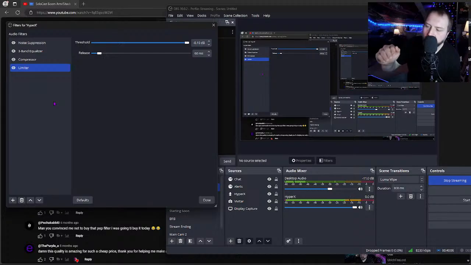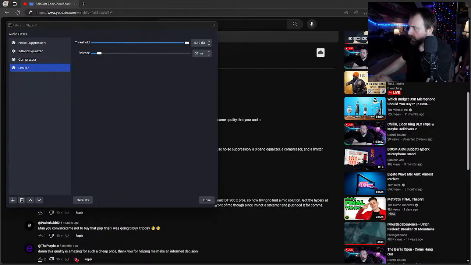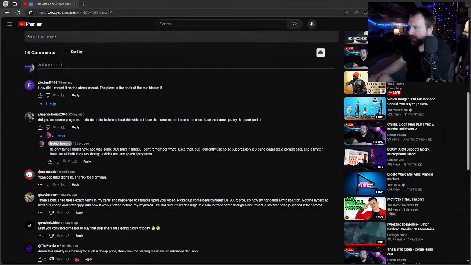So no matter how loud I get, it's going to keep it. It's going to pull it back just to that threshold where even if I get close and talk, see how it doesn't quite get, you know what I mean, to the end. But that is the only thing I've ever really done to my mic to make it sound better, hopefully, you know.